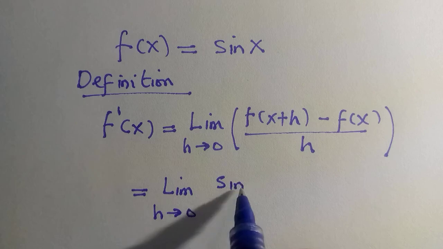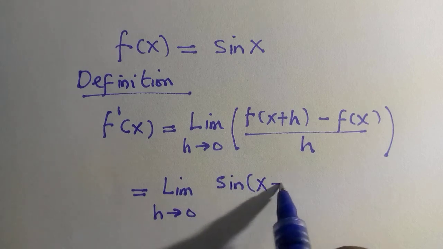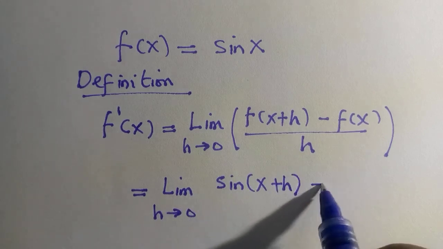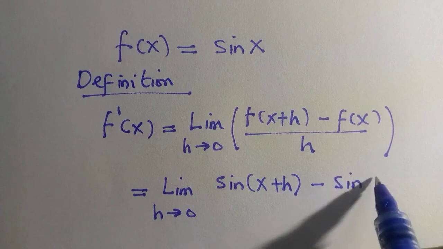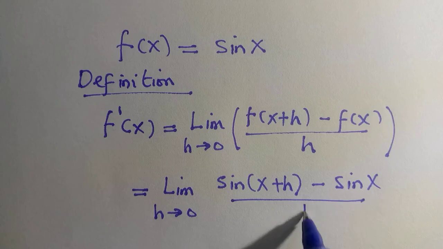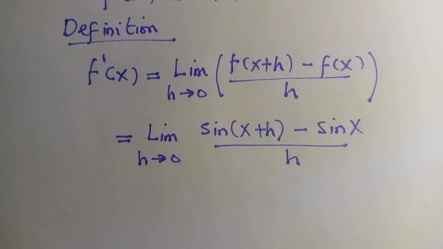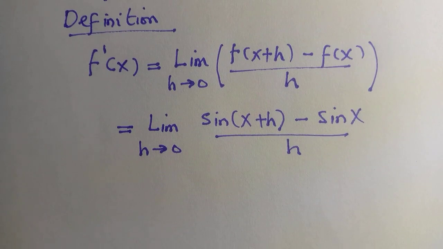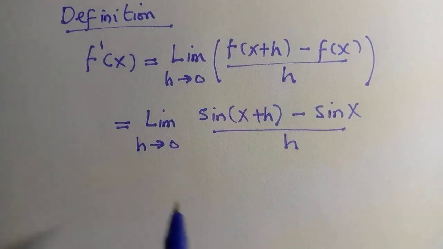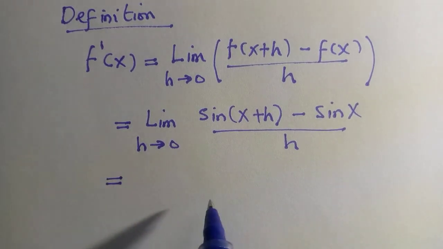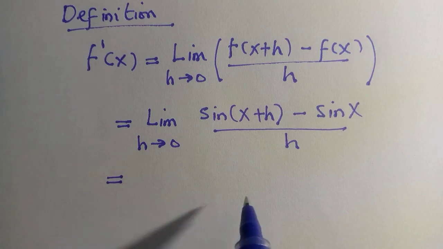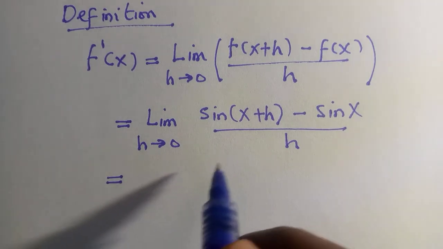So suppose I change this x to x plus h, definitely we have sine of x plus h minus sine x, divided by h. And the next thing we are going to do here is apply a trigonometric identity, I mean the double angle identity, to sine of x plus h. That one is going to give us